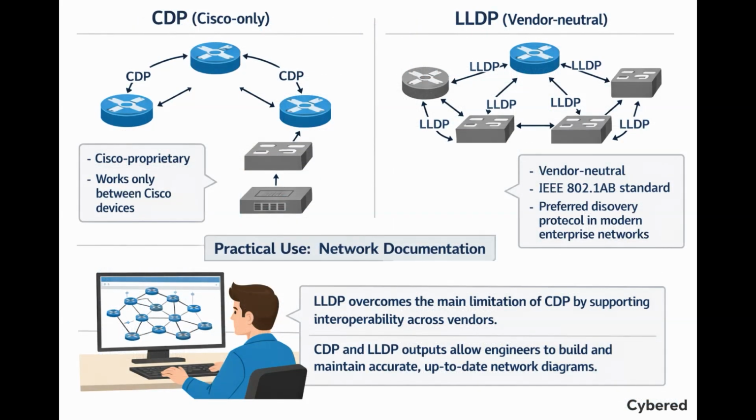Summary: LLDP overcomes the main limitation of CDP by supporting interoperability across vendors, making it the preferred discovery protocol in modern enterprise networks. Using CDP or LLDP outputs, network engineers can easily build and maintain accurate, up-to-date network diagrams. Next, you will learn how to increase bandwidth and redundancy by bundling multiple switch interfaces into a single logical link